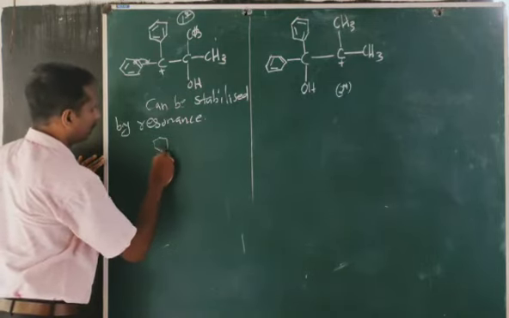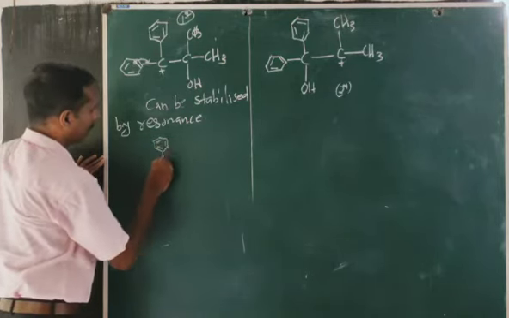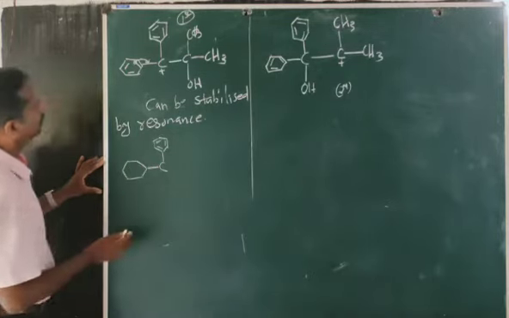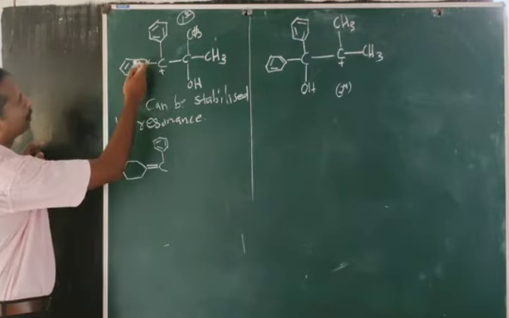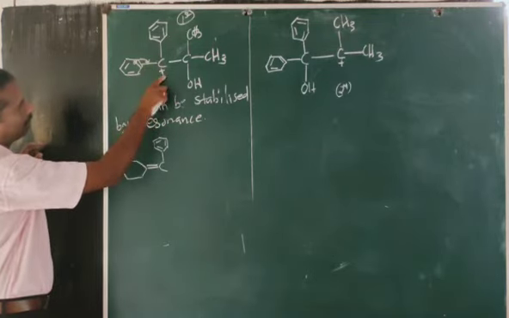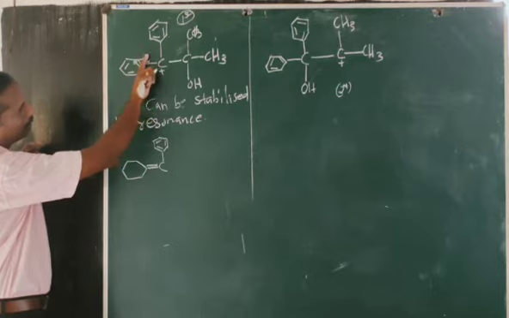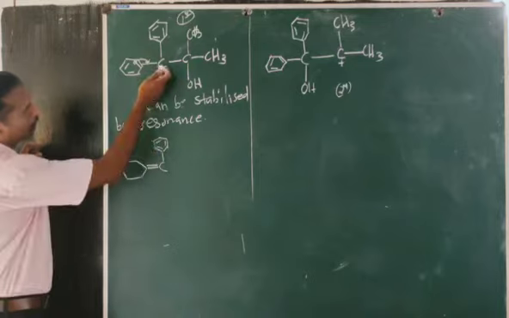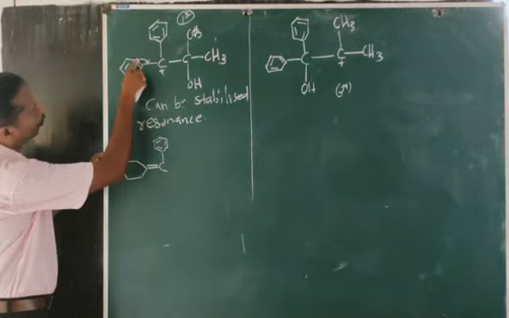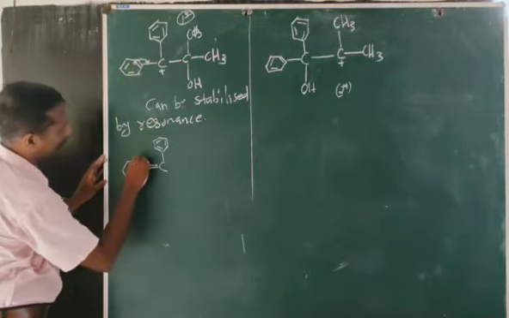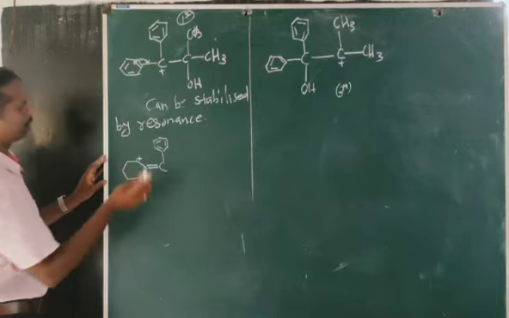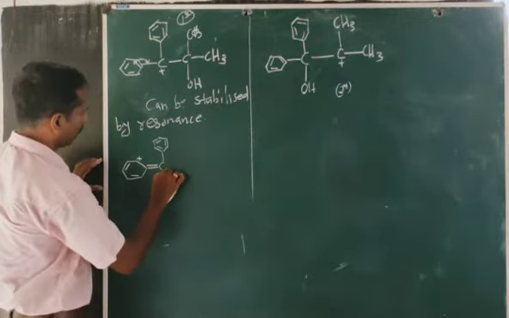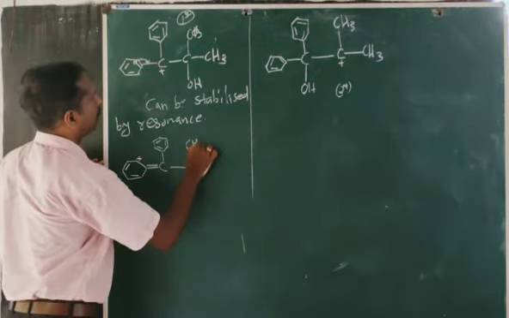See, here the ring is as it is. Look at it here. Here it will become a double bond, because here a positive charge is present. So this pi bond will be shifted between these two carbons, so here it will become a double bond. The positive charge is removed here, since the bond is breaking from this carbon, it is getting a positive charge. Here is the positive charge and here is the bond. The rest is like this, CH3,